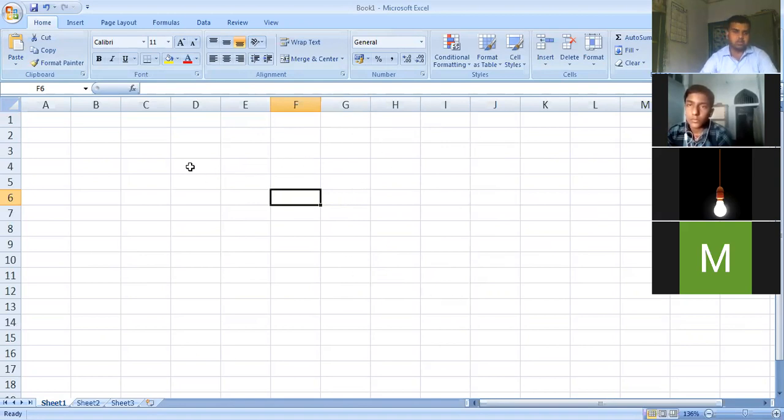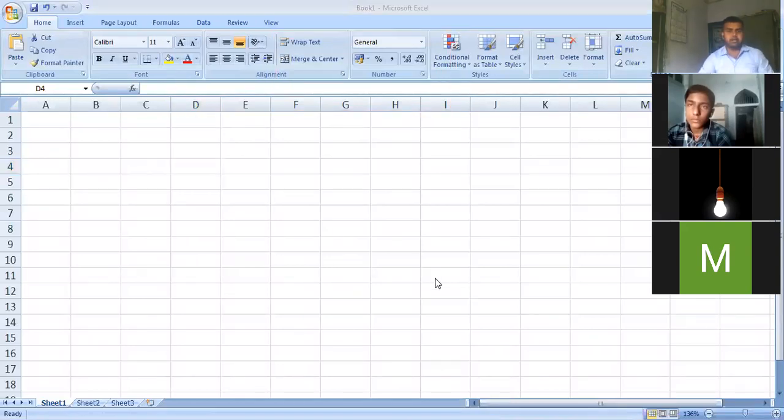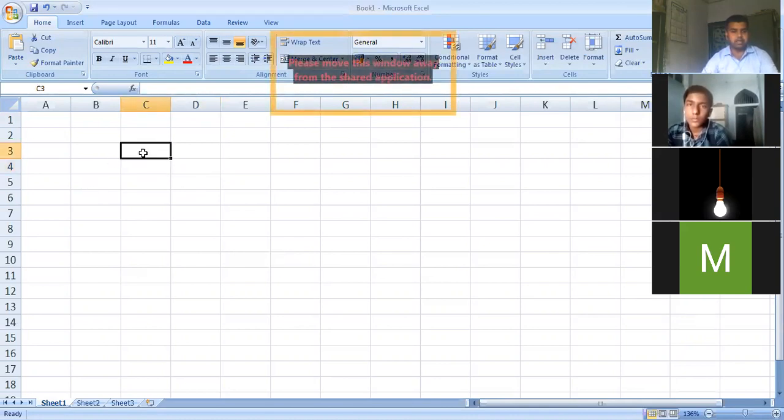So today what we are going to do is that we will try to create a table. We will try to create a table out here, and then we will try to perform certain functions. It's a very common table that we will create, a very small table. And then what are the tasks that we will perform, we will discuss later on.